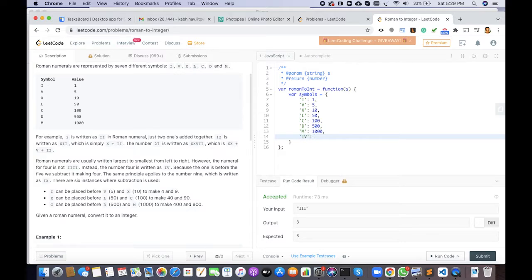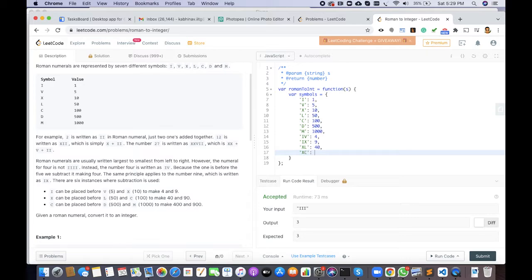IV would mean 4 and IX would mean 9, and similarly XL would mean 40 and XC would mean 90. I'll make entries for these two also.